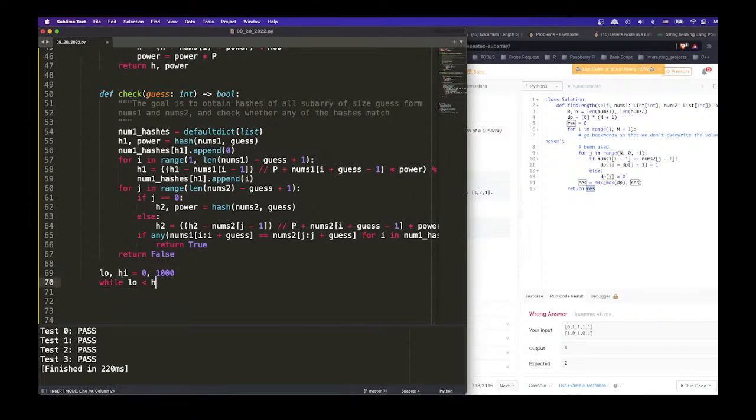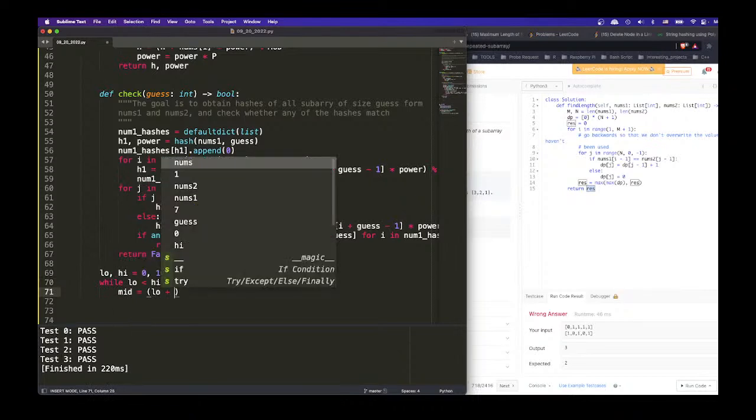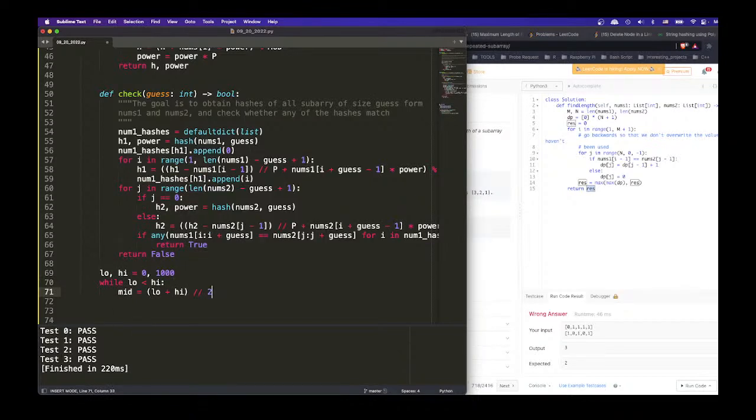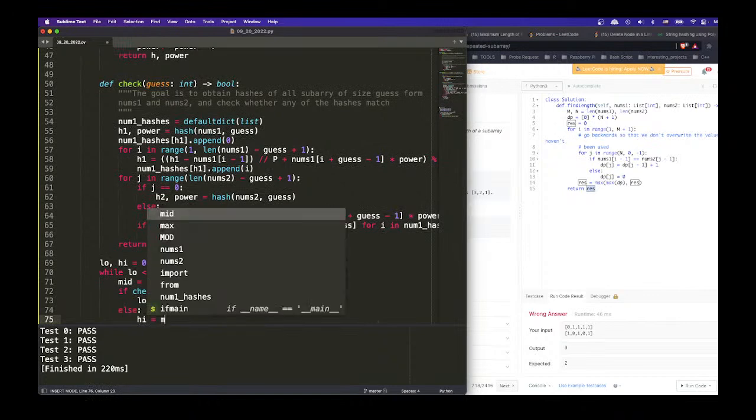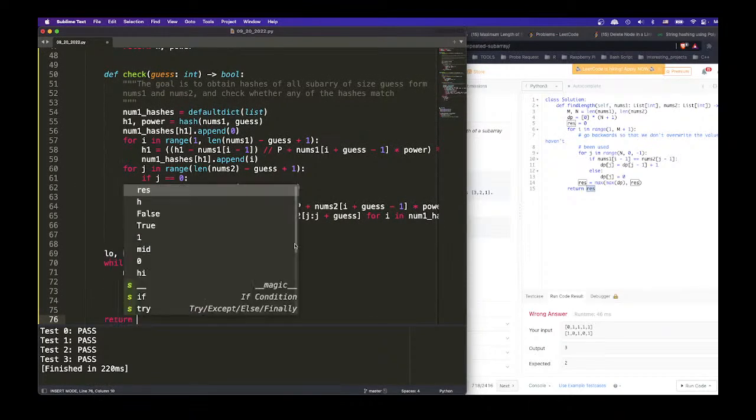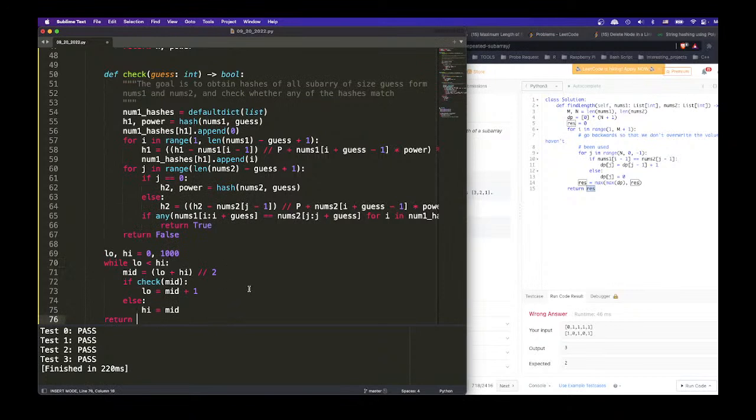So while low is smaller than high, mid equals low plus high, divided by 2. And then we say if check mid is true, then we're trying to go bigger, right? So low equals mid plus 1, else high equals mid. And then I'm going to return. So eventually, if check is true, low equals mid plus 1, then false, right? Or high equals mid, then check